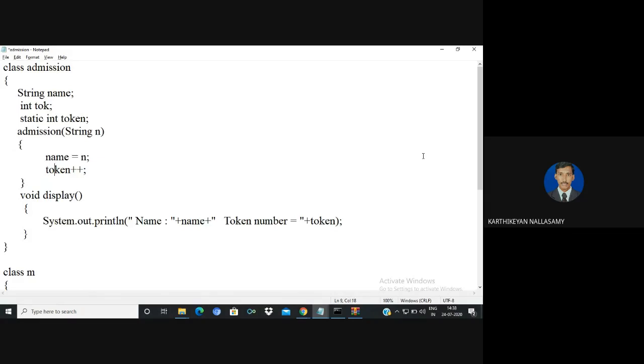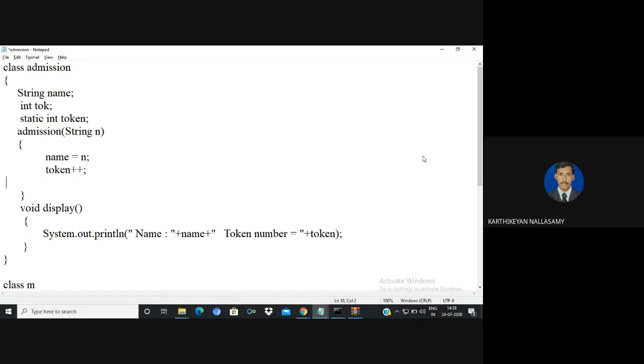After the incrementation of token, you can copy the token value to TOK. So I'm going to display the value of TOK. Now it will be an instance variable.